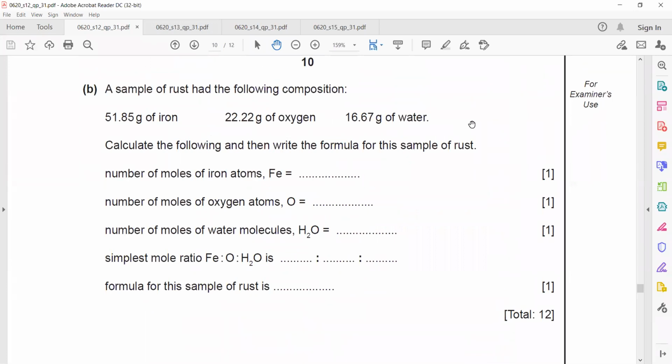This one, you can use screen annotation to solve. It is the same thing. First get the moles from the mass. For water, the molecular mass is 18, oxygen atomic mass is 16, and iron is 56. I want everyone to use screen annotation. You can solve on the same slide, or use your own slide and write the answers.